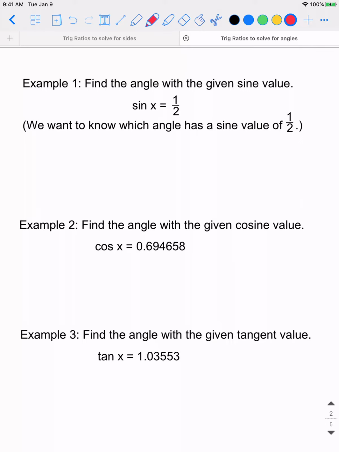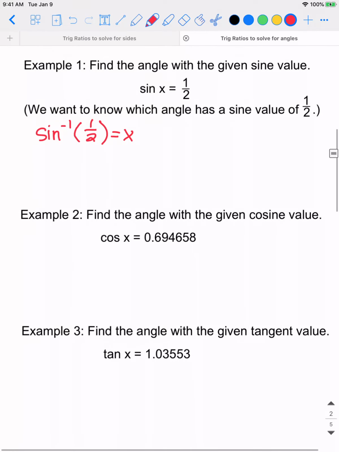Okay, so we want to find the angle with the given sine value. So what we really want to know is which angle has the sine value of 1/2. So how we do this is we're going to need to use the inverse of sine, which looks like that, of 1/2 to tell us what that angle measurement is. To type it in the calculator, if you're using a TI calculator, you're going to press the button second and then sine and do 1 divided by 2, close that parentheses, because it should open a parentheses for you,